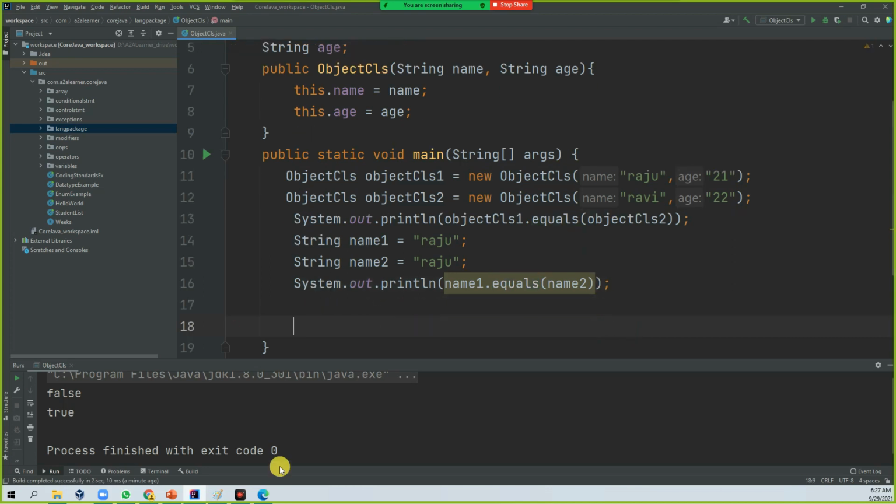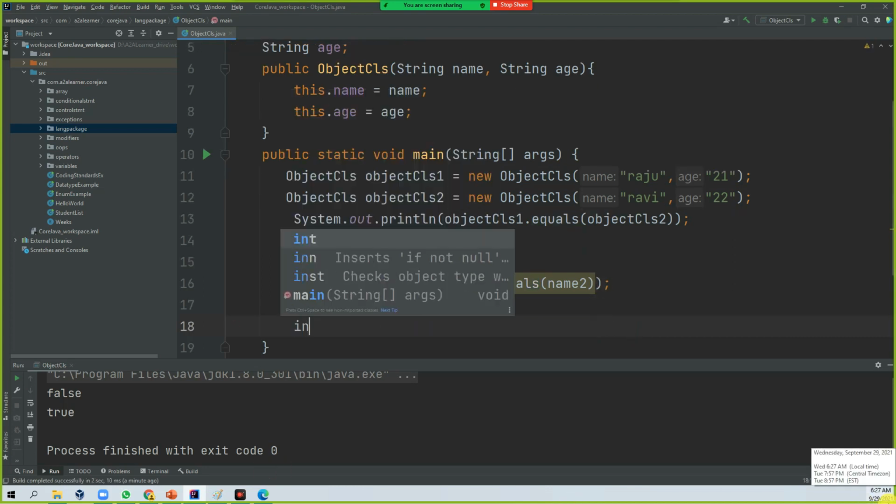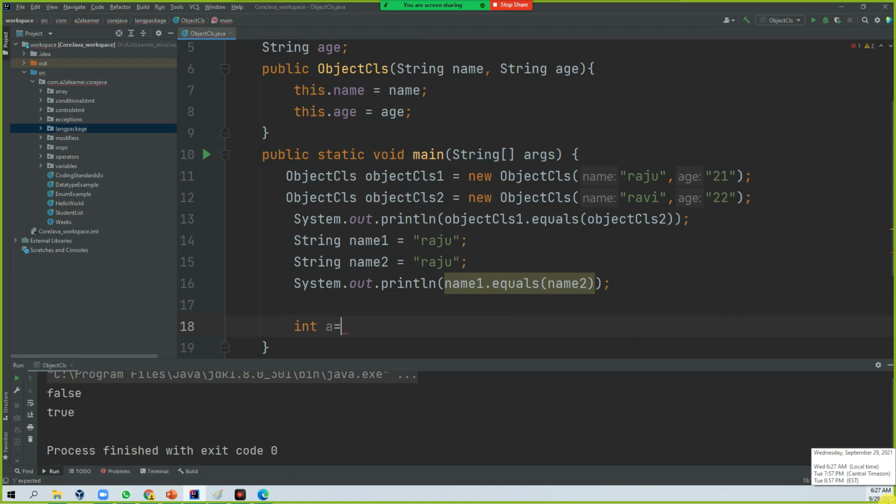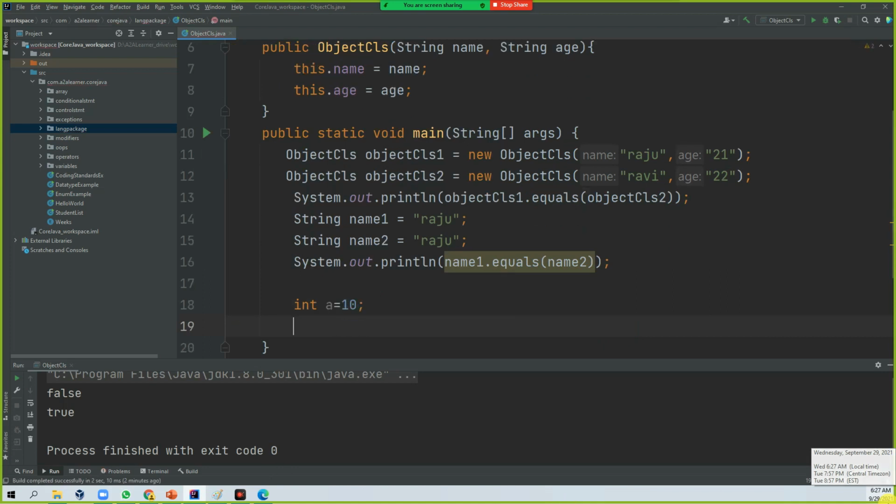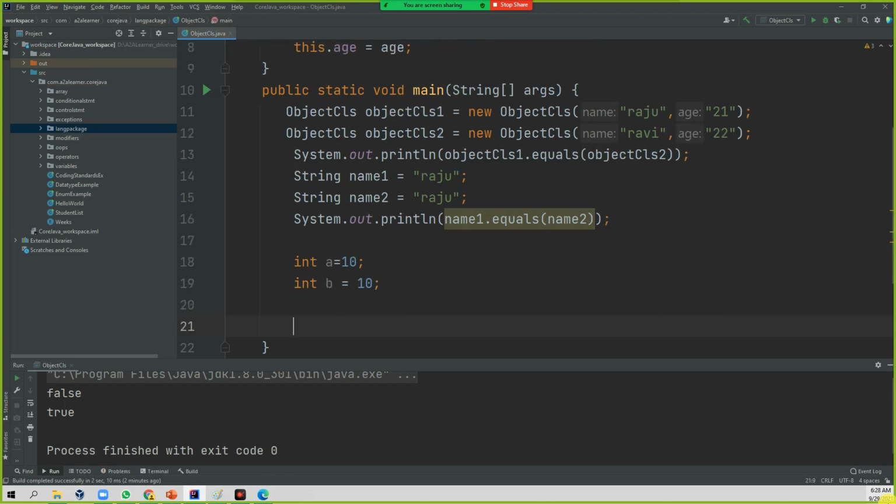You might have one doubt: Integer a equals 10 and Integer b equals 10. Let's take two objects with the same name. Is this a way to use the equals method?